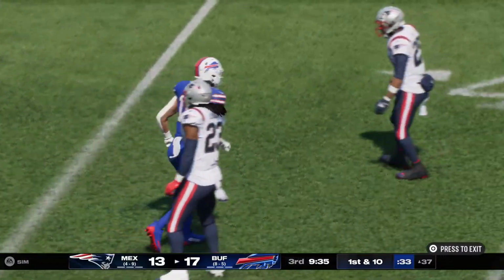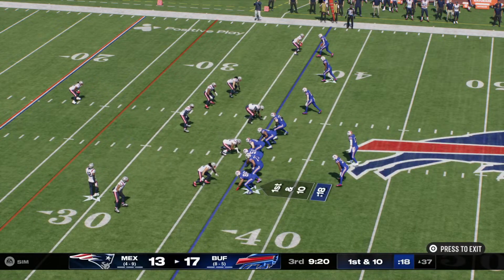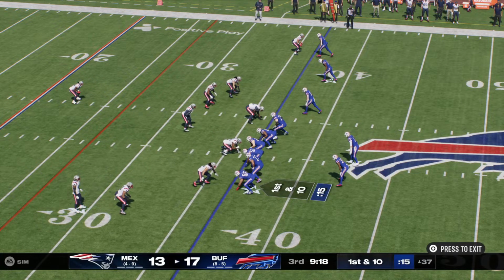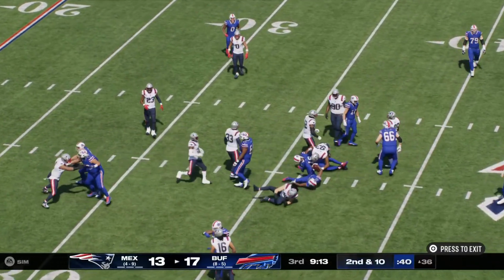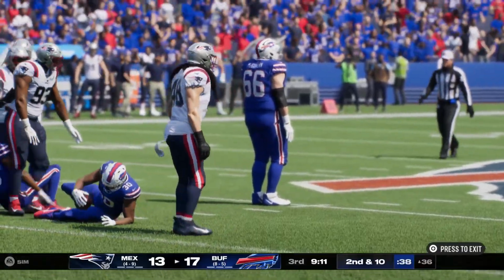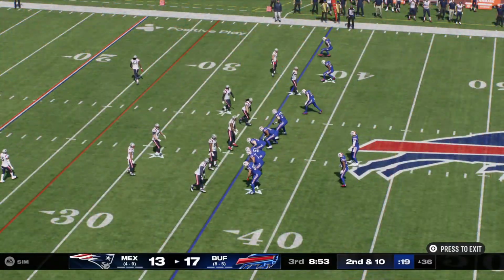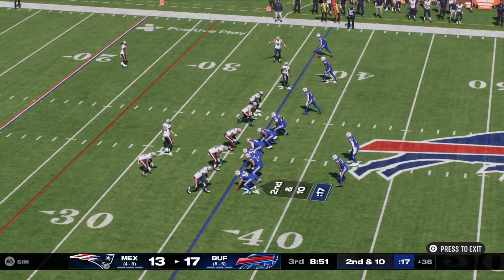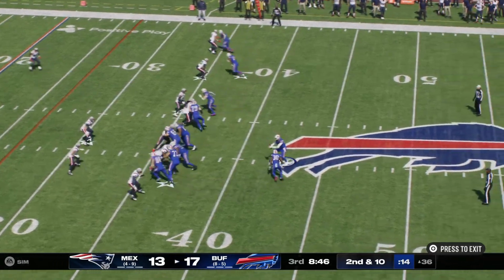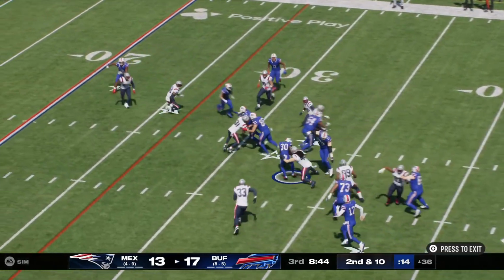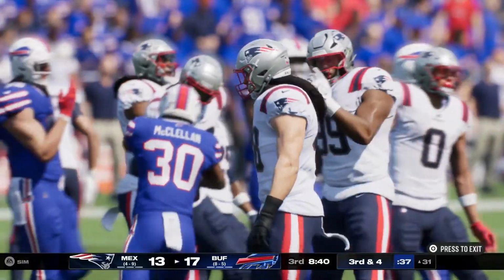A gain there of 21 yards. Line of scrimmage, the 37 on 1st and 10. On the handoff, McClellan trying to run inside, but nothing there. Call it no gain on the play, and it'll be 2nd down. 2nd and 10 at the 36-yard line. Now it's McClellan. He's able to rattle off 6 on the carry, and that'll get him to 3rd and 4.